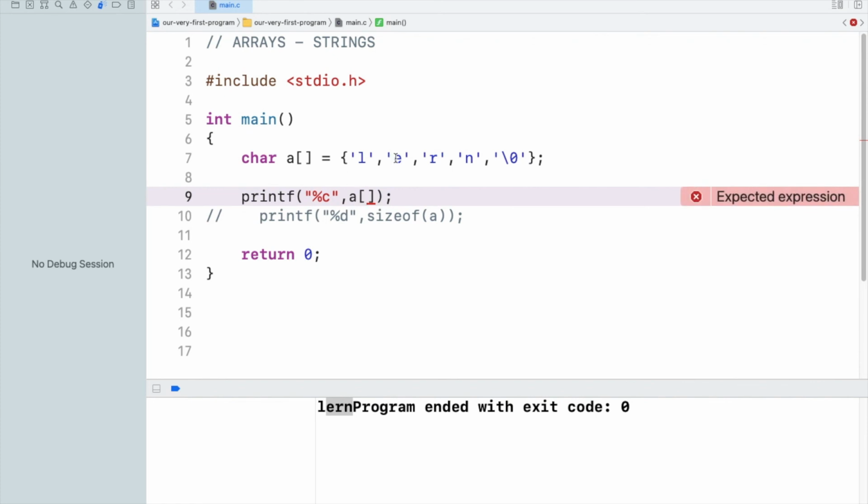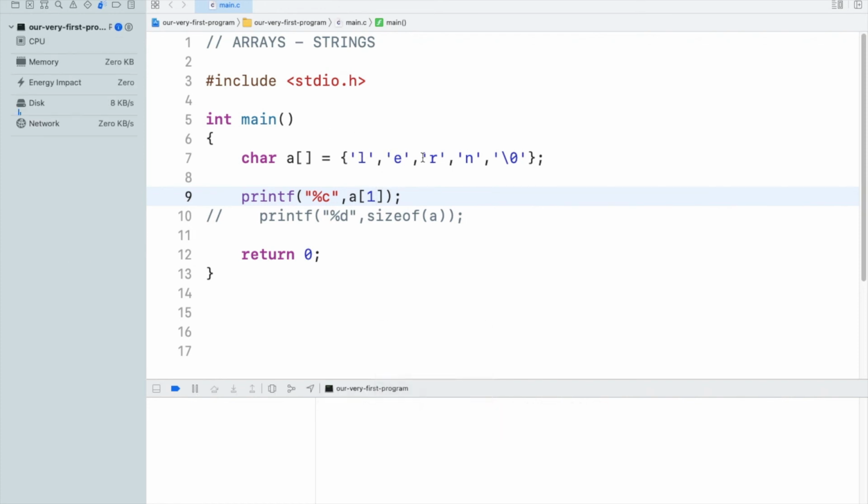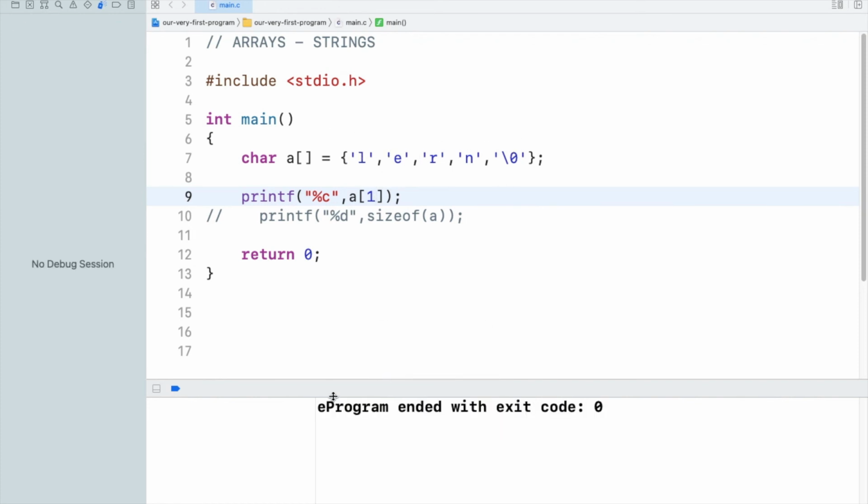If you want to have this e, I'm going to write 1, because the first character is at 0th index, and then first, second, third, fourth, and fifth index. And you can see I got the output as e. And please note that I have given the format specifier as c, because each element in a string is a character. So in this case I am printing a character. That is why I'm using %c instead of %s.